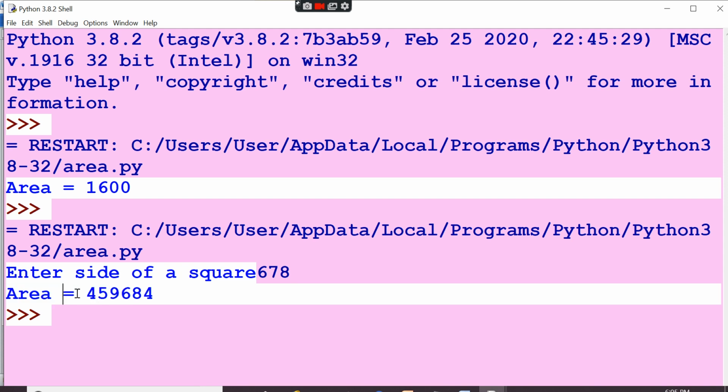So we have given in the program that this should be printed as it is, right? We have given this inside the double quotes, so that will be printed. This is the value which was given here. Now we multiplied here and the value has been shown here. This is the programming solution.